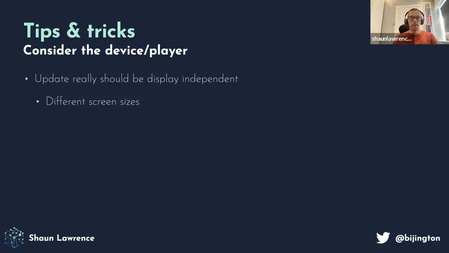And when I mention update, display independent and your state, imagine, for example, you built a drawing game that can run on multiple different devices, because again, that's what MAUI offers. If someone's drawing on a desktop machine and someone else has a smartphone, and you're doing it in absolute pixels, the person drawing on the desktop has a much wider canvas, and therefore some of the information might not even make it to the player's eyes on the smartphone.